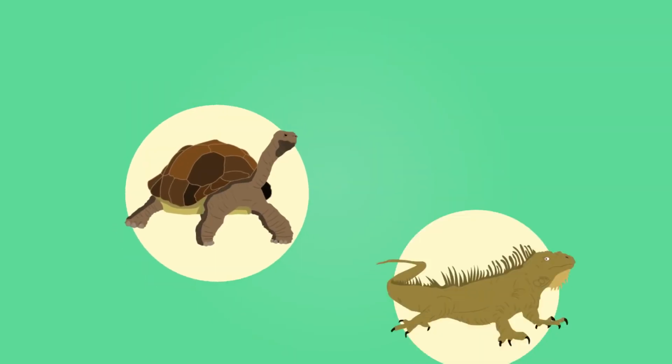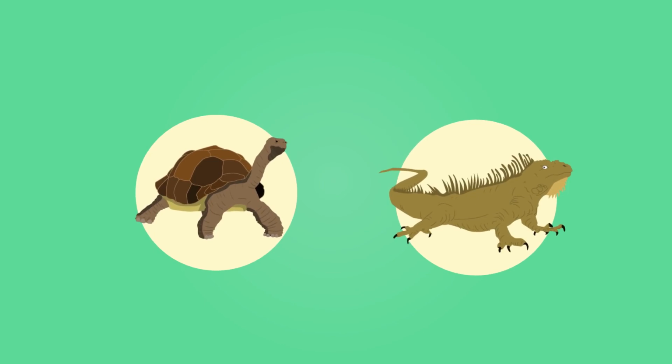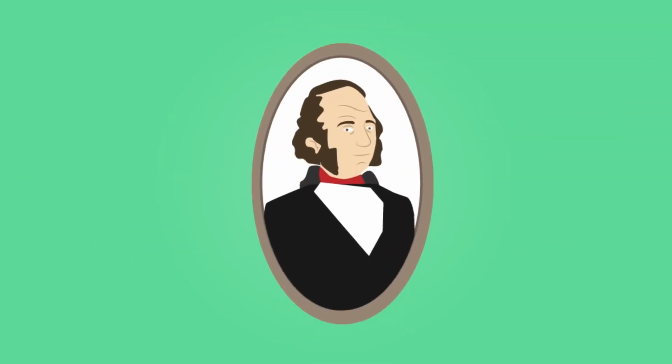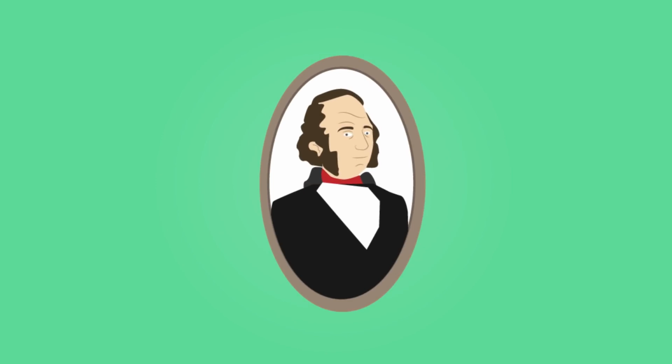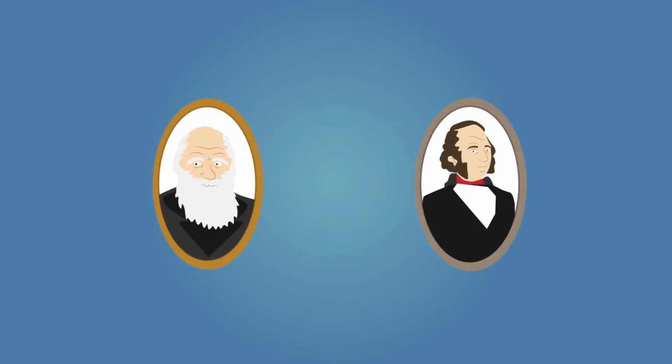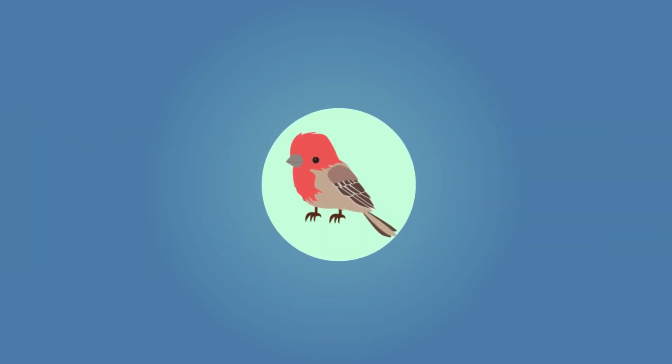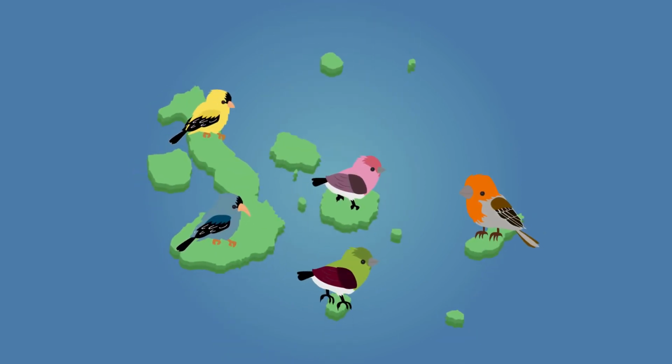As well as giant tortoises and marine iguanas, Darwin collected and preserved a variety of different songbirds called finches. Upon returning to the UK, he examined them together with ornithologist John Gould and made some fascinating discoveries. The scientists observed that the birds were all similar to a single type of finch found on mainland South America, suggesting that these mainland finches had originally colonized the island.